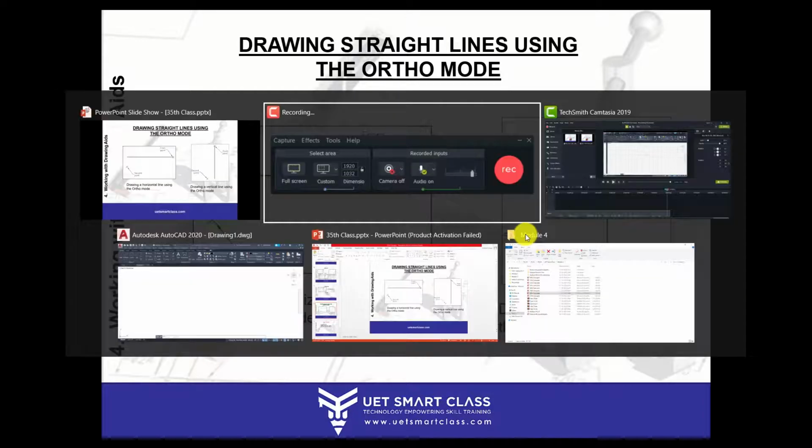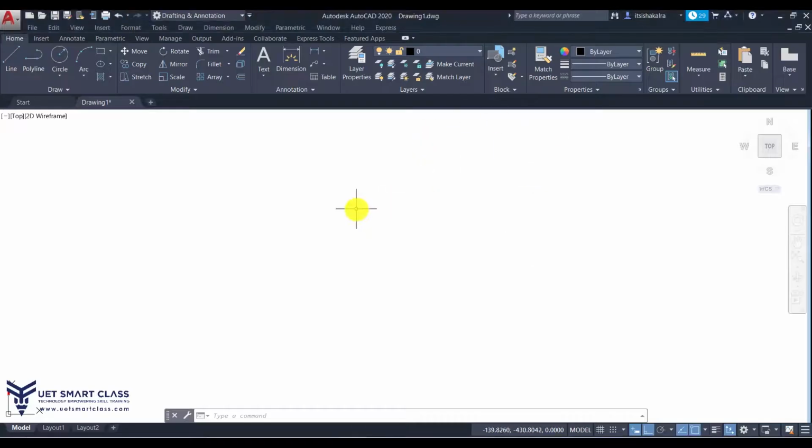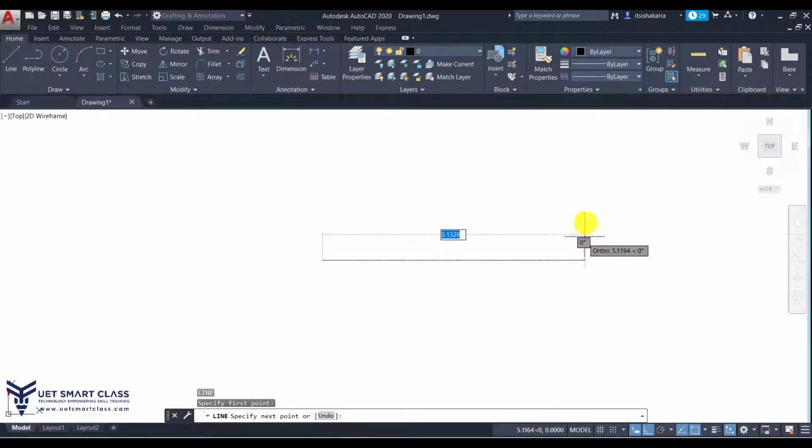All right. So how do you draw this? I have already told you, but I'll just give a brief revision. Like if I have to draw a line, I'll just give a first point, and within my drawing area, I'll specify through direct distance entry the angle in which I want my line to be drawn.